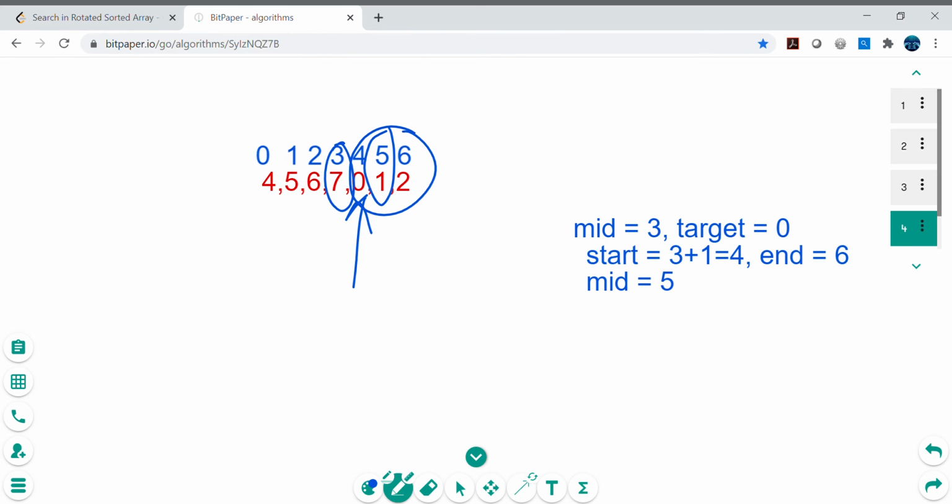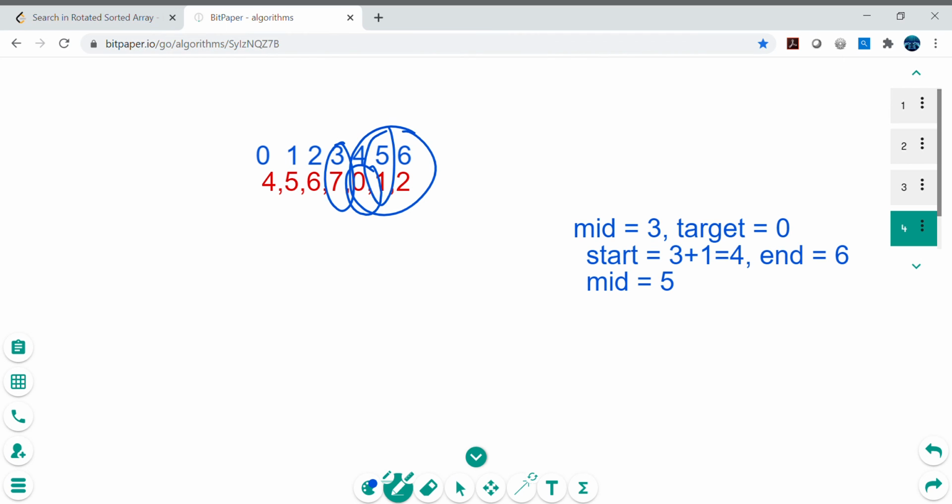Then we will find the mid, and now the mid is 5. Now you will be checking again if the target is falling on the left side, so if target is greater than or equal to start or not. Definitely target is greater than or equal to start, and the start index is 4, and this value is 0.